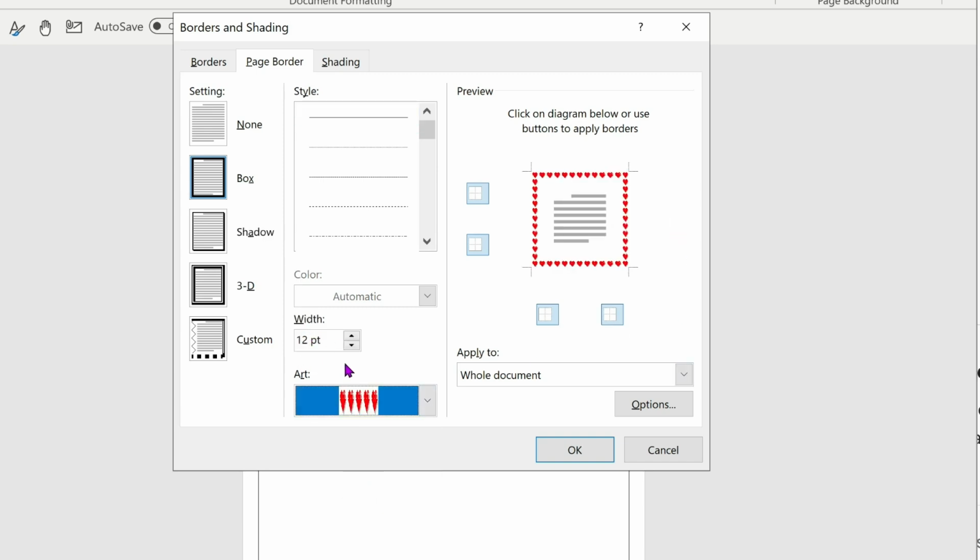So here is the width you can adjust. For example, if you want to reduce it, you can set 8 pt. And here in the preview you can see the results. As you increase the width you can see the results in the preview. So I'll be selecting